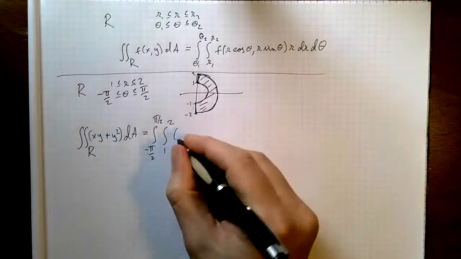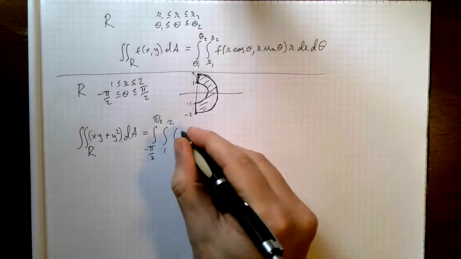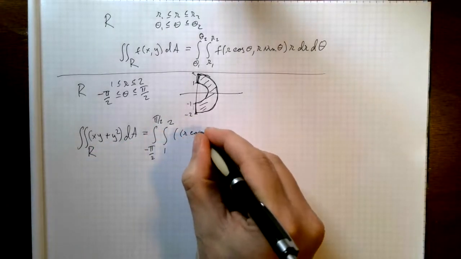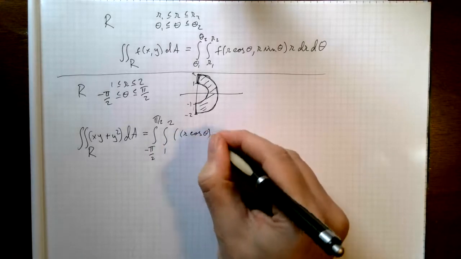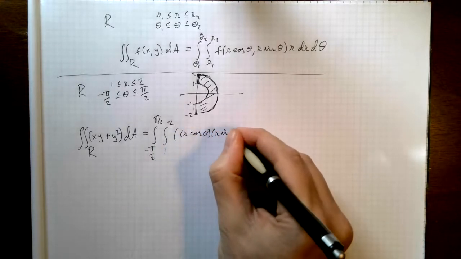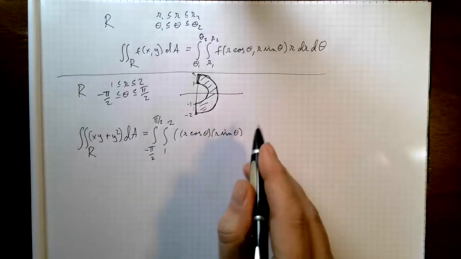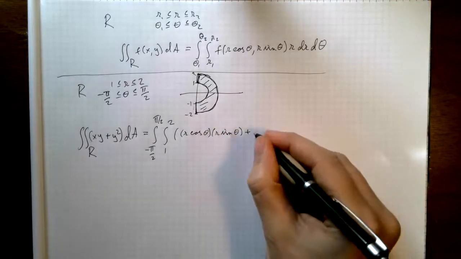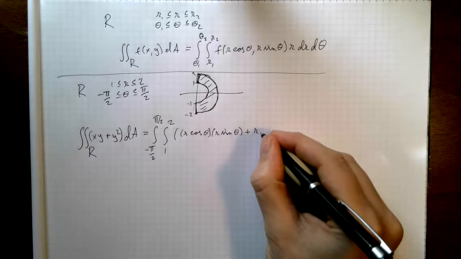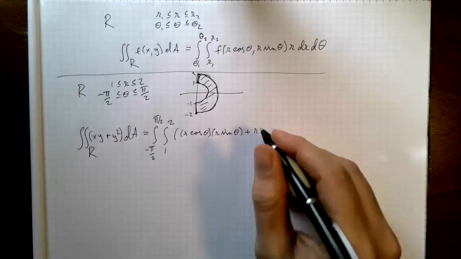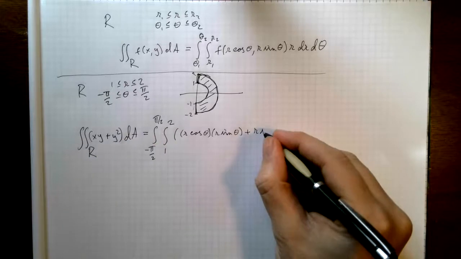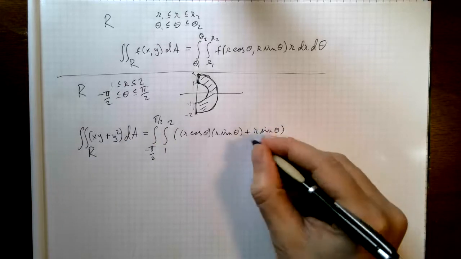So I have xy, so it's r cosine theta times r sine theta, plus y squared, so (r sine theta) squared,